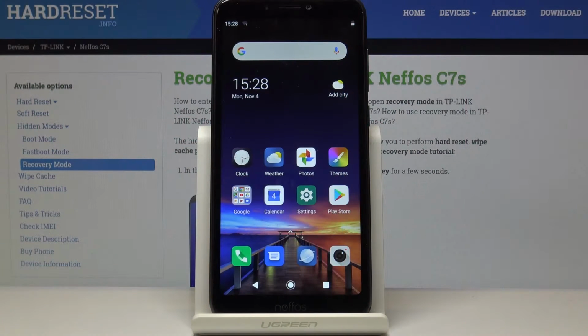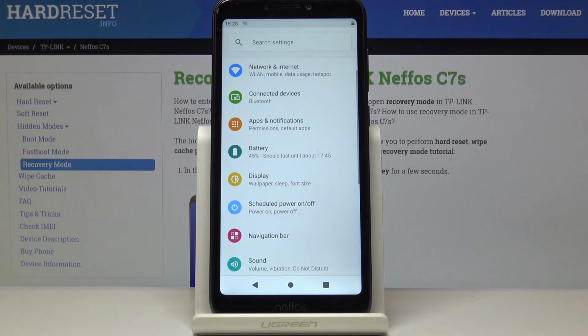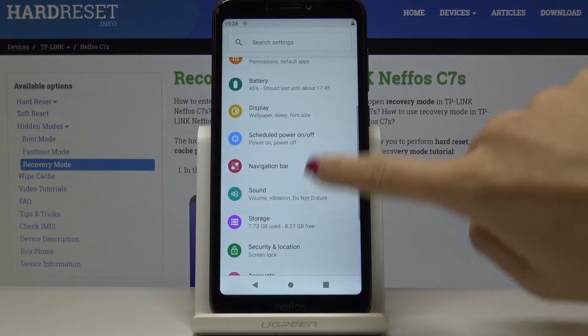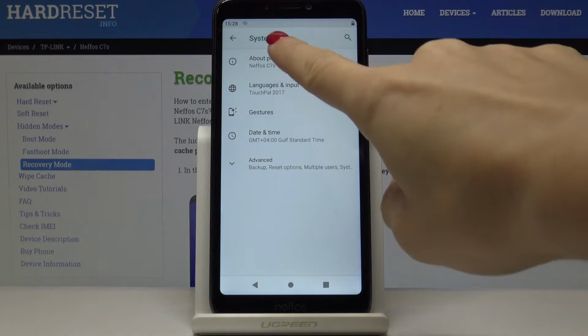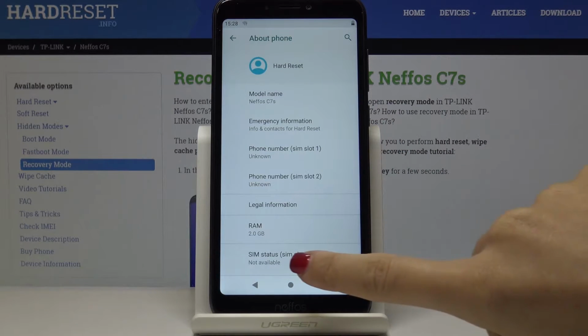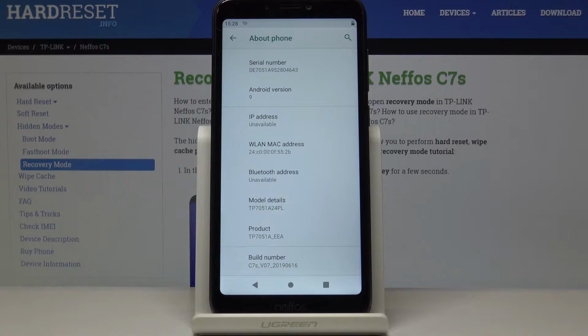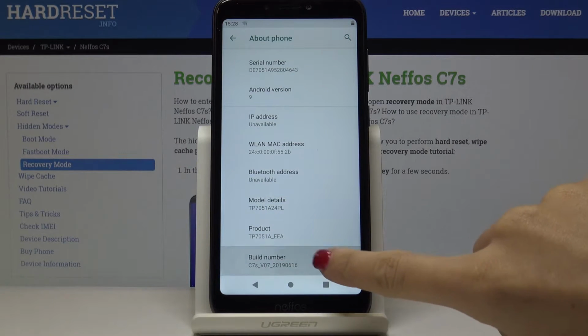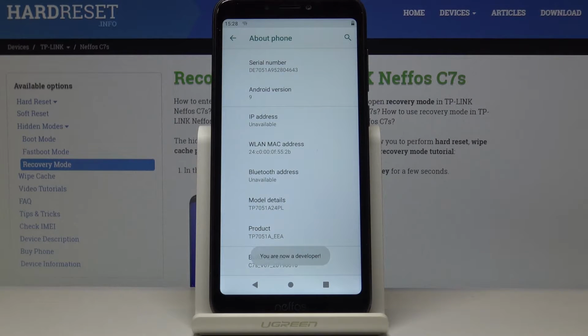Here I've got Neffos C7s, and let me show you how to activate developer options on the following device. So at first let's open the settings, then find and select System, go to the About phone, and now locate build number. Here you've got it. It's time to hit it 7 times, so 4, 5, 6, 7, and as you can see, you are a